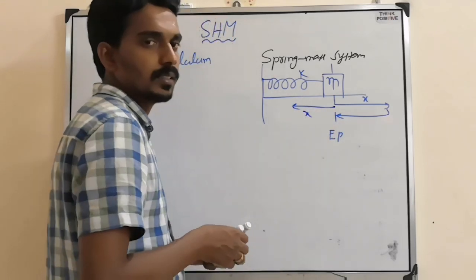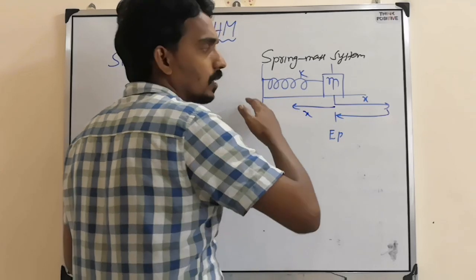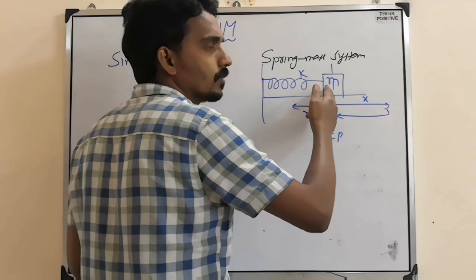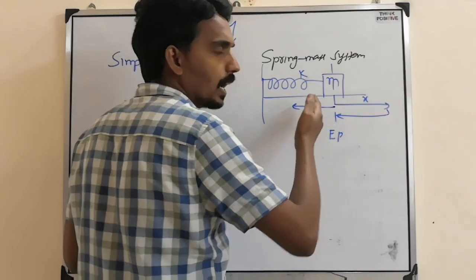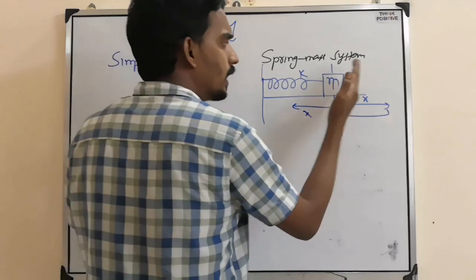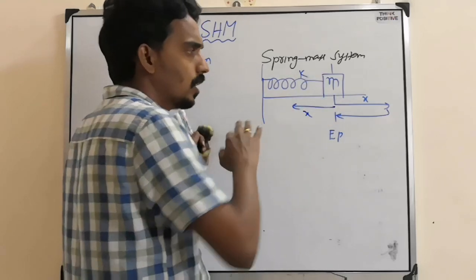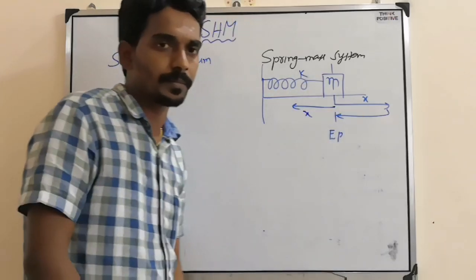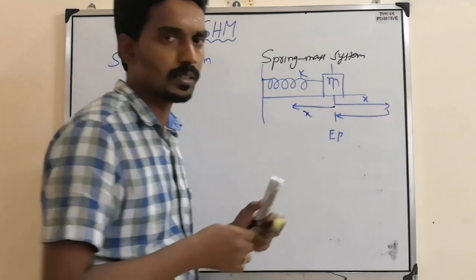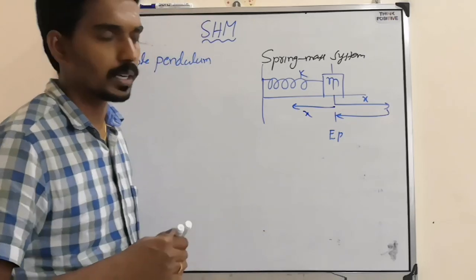X again. So what happens here is, first the potential energy will develop and the kinetic energy will decrease. While it is coming back, kinetic energy will increase, then potential energy decreases. Then again compression means potential energy increases, kinetic energy decreases. So these fluctuations happen, so that this will oscillate about this equilibrium position. Now what is our duty? Find the time period, that is the important thing.